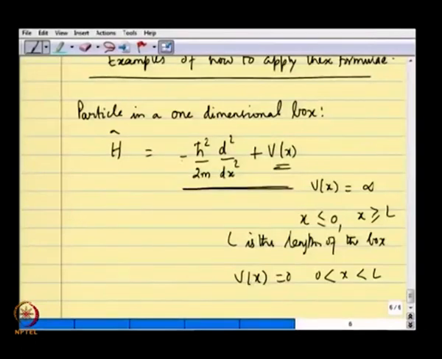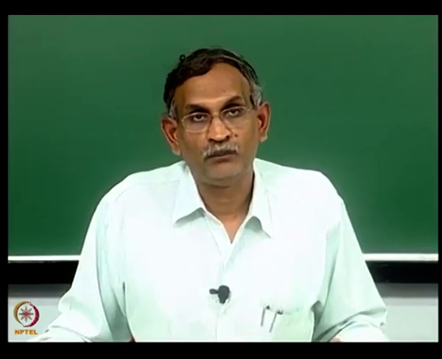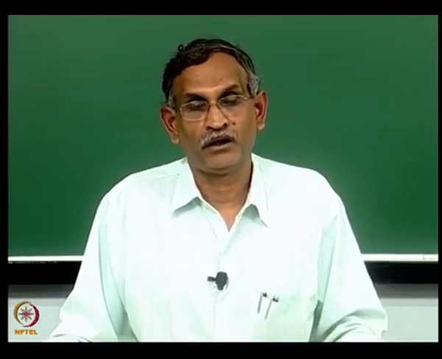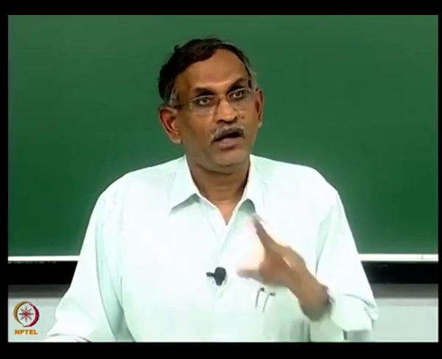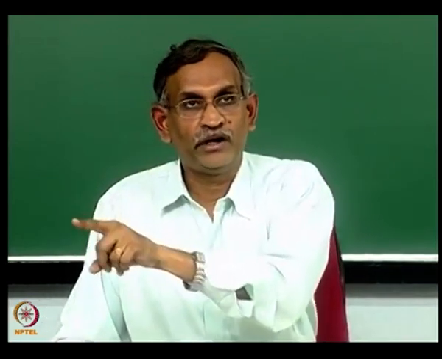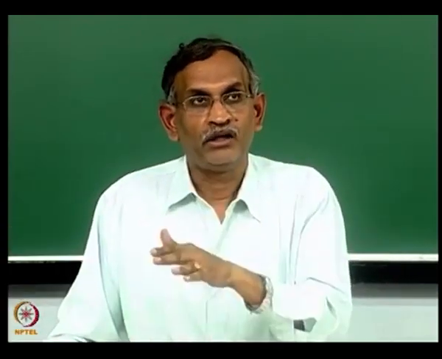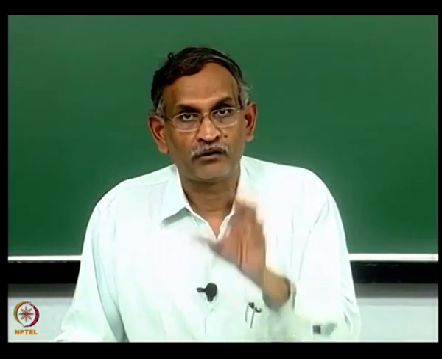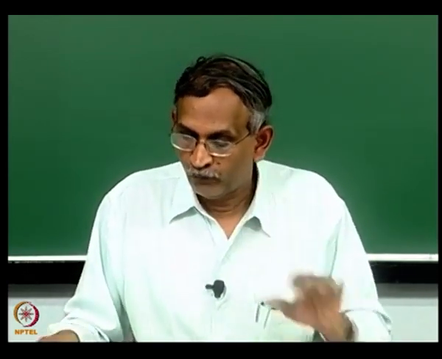Very often you use minus h bar square by 2m d square by dx square. Please remember that can lead to confusion, because the wave function for the particle in the one dimensional box is not an eigenfunction of the momentum operator, precisely for this reason that the boundary condition has actually destroyed the commutativity between the free momentum operator of the particle in a box and the total energy operator, which is not just p square by 2m, but it is p square by 2m plus v, such that v is infinite at all points other than the box and v is 0 at the points inside the box. These two statements have to go together. Okay. So if you remember that, then